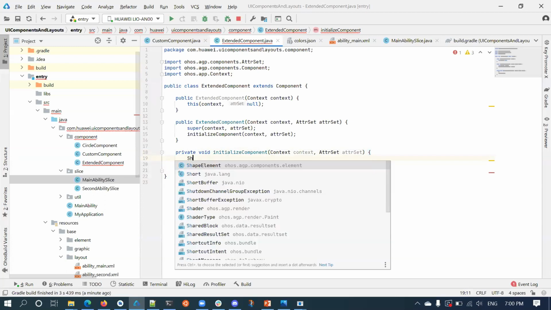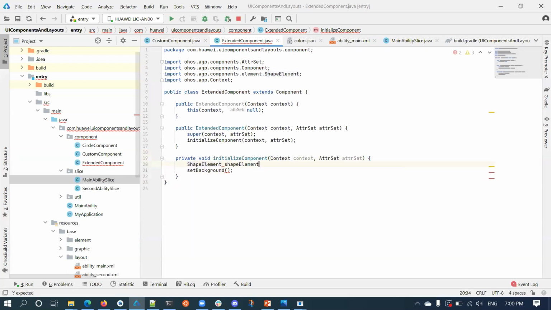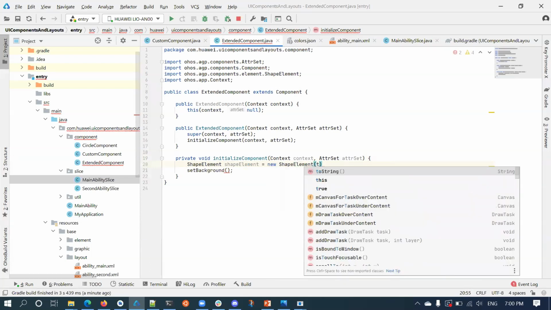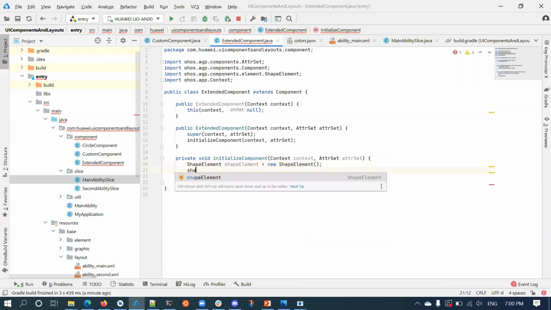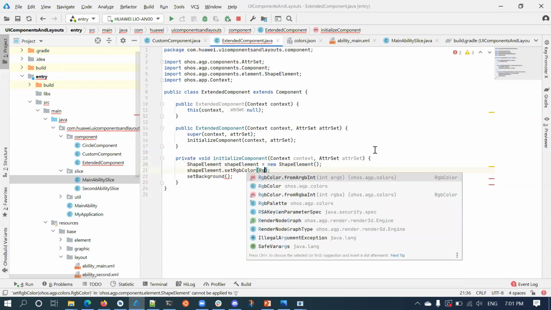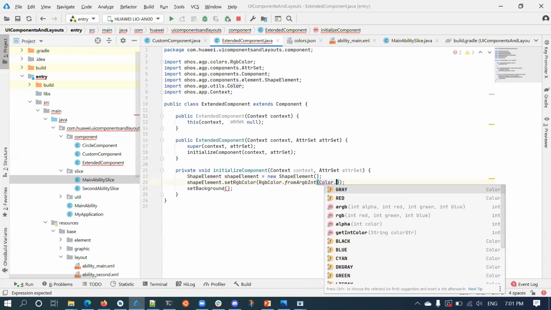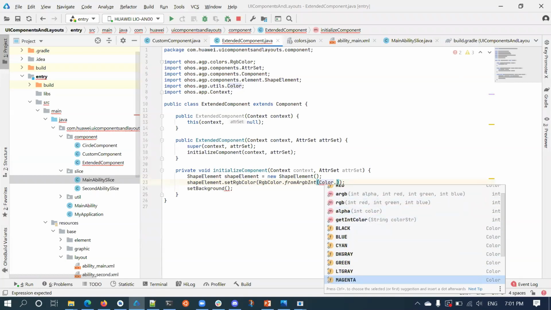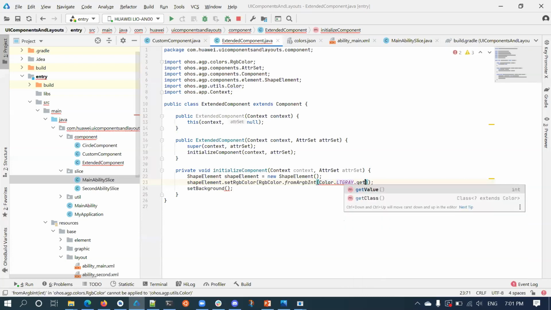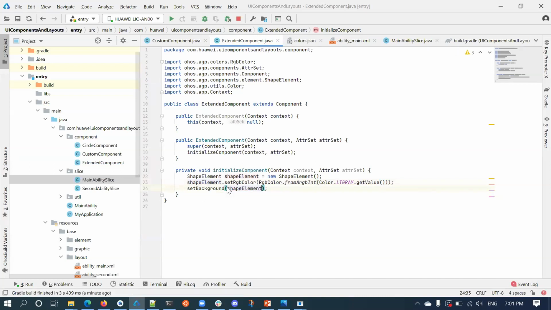So we have to create a shape element. Now I'll try to run this, and we'll see what happens.